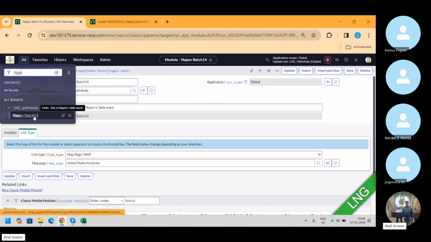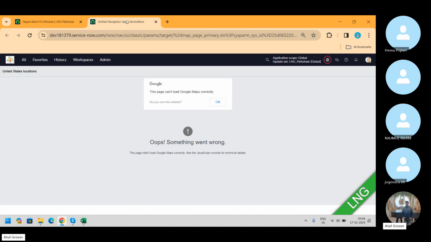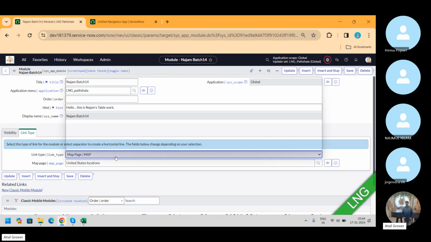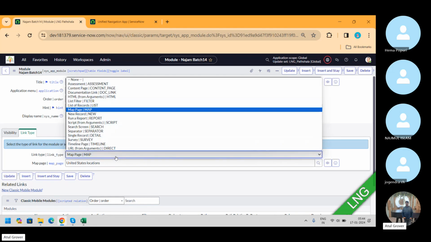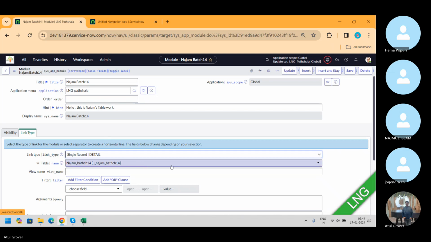As Batch 14, open another window. And now if you see, it will open the map view. Some issue with the Google Maps, but it will open it. Okay, so this link type decides a lot of things. Like I want to open only a single record. With a condition, you can put